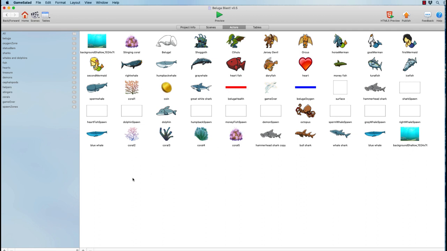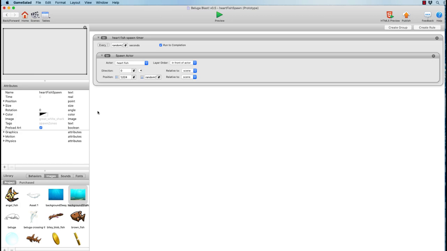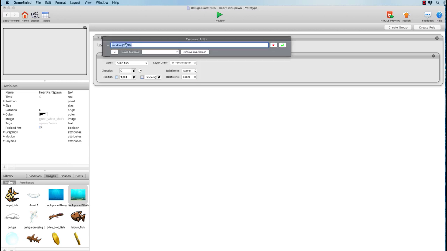And to make that interesting, we have to have more heartfish come in because more sharks are coming in now. To keep the game balanced, heartfish also have to come in. So what do we do? We create a heartfish spawning zone, just like we did a shark zone. And a heartfish will randomly come in now, not as often as every shark. Let's make it a little bit more tense.